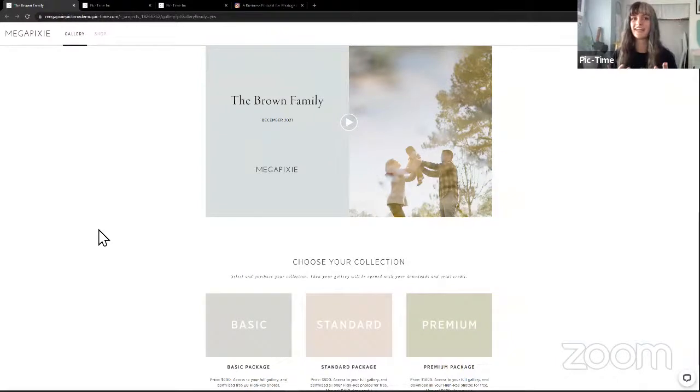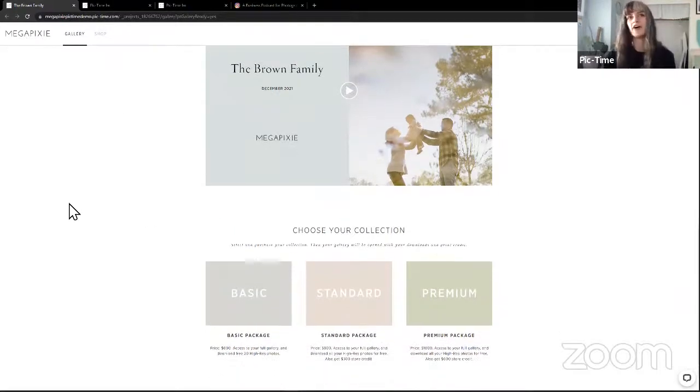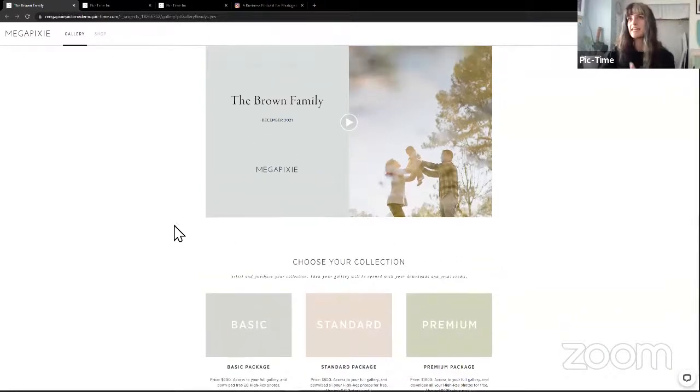Because with the slideshow, there's this really great emotional impact of just seeing your photos just automatically play through with the music. And it's just such a wonderful sensory experience and will really help encourage them to purchase those larger packages as well. So I will show a brief demo on how to set up the Simple Sales System app